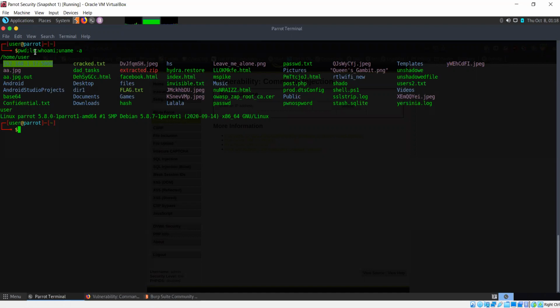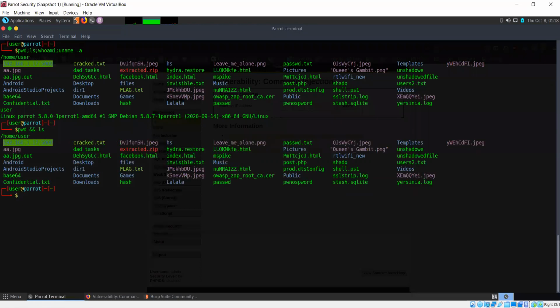This is one way, using semicolons. Another way is if I were to use this double ampersand, but this is not just normal command chaining. This means that the second command will only execute if the first command executes successfully. In this case, of course, pwd is executing properly, so ls also gets executed.